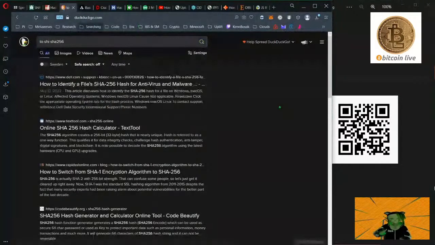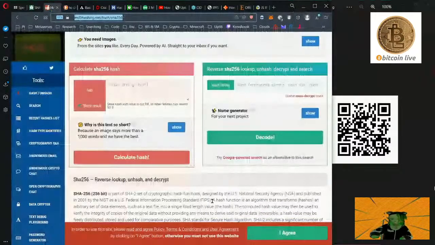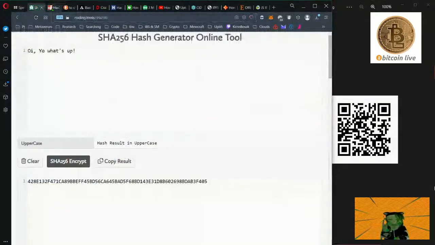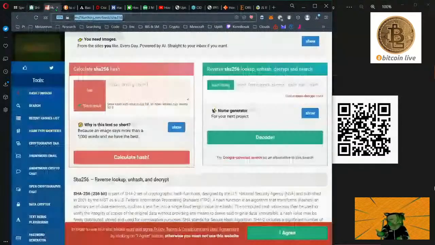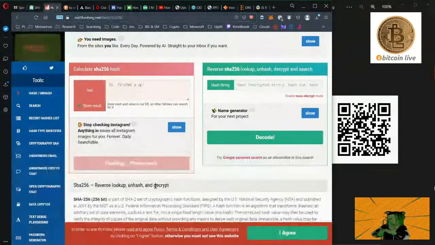It's not working for me, but luckily we have another website for all that, which we're going to go to right now. So this is just MD5hashing.net. MD5 is a type of hash, and the important part of this is that depending on what hash you're using, or even what type of generator you're using, this one's specifically 256, this one's specifically 256. So we could potentially get two different outputs of the exact same input because they could be running slightly different